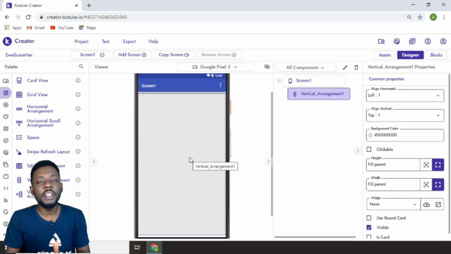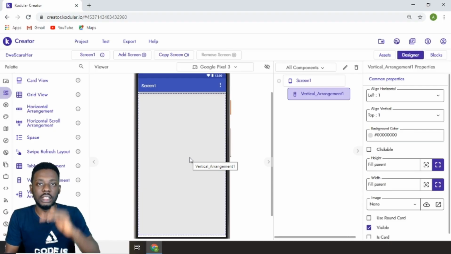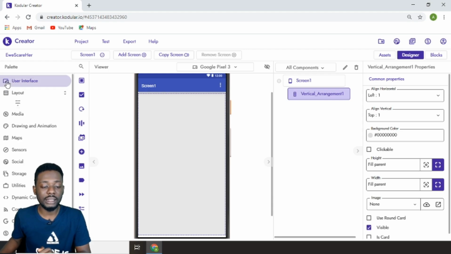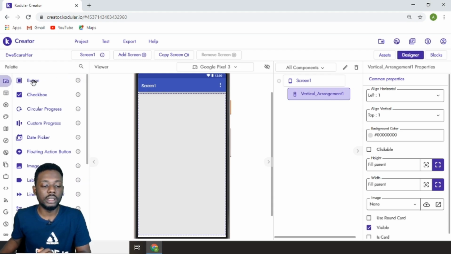Welcome back. Having done that, it's time to now add in the other components into this vertical arrangement. And these components will take a vertical format in their arrangement, okay? The very first component we need in this vertical arrangement is a button, okay? To get the button, you go to user interface on your palette and select button. Click on it and drag it onto your